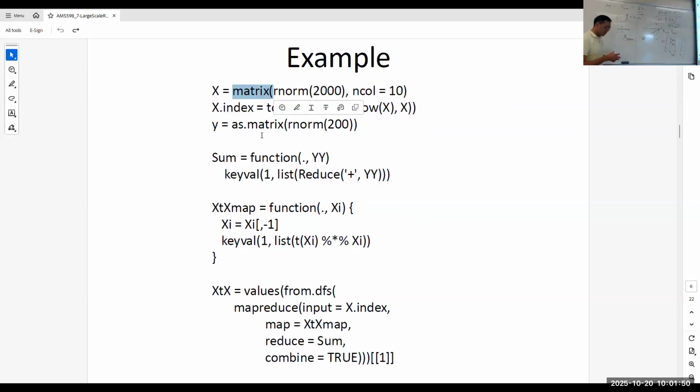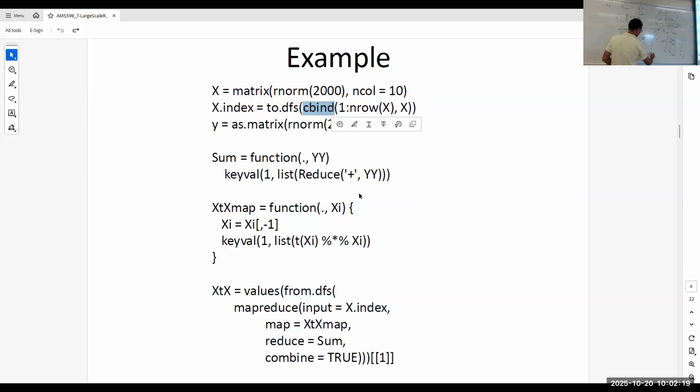The dimension doesn't matter, because again our program should be scalable, right? I can use this small scale, but the whole thing can be scaled up. Then I have the x index. What I did here is just use the column bind. So cbind means column bind. What it does is